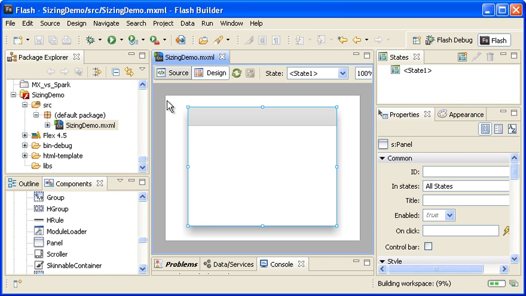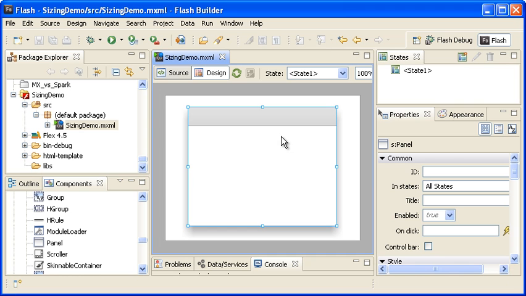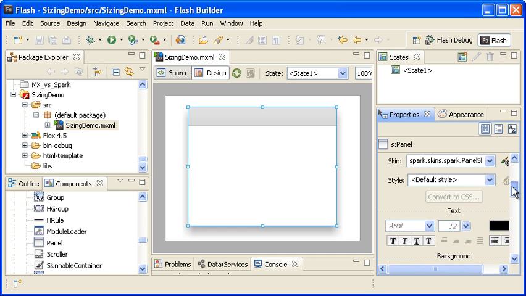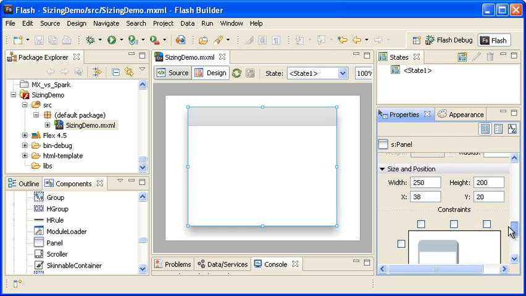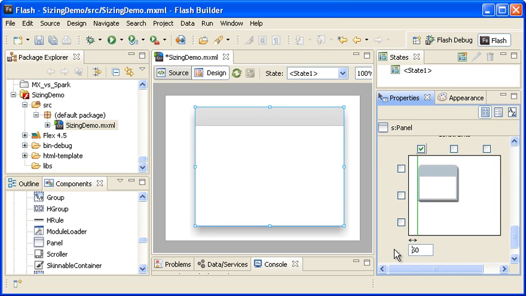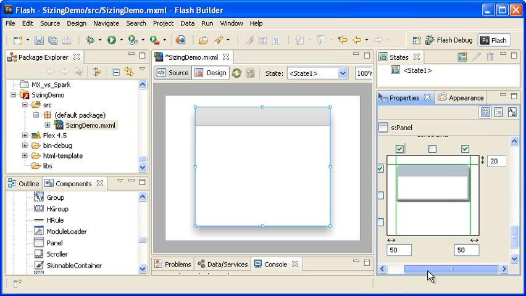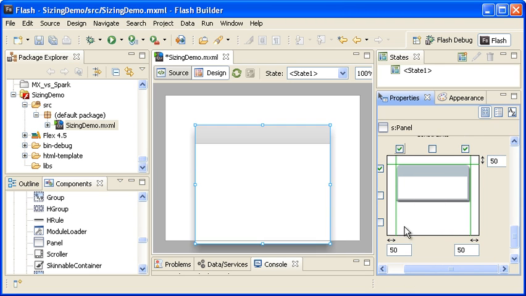When I save the file and run the application, you can see that the panel container looks the same as it did in design mode. Back in design mode, I am scrolling down in the properties view to the size and position section. These checkboxes represent the constraint properties that I outlined earlier. I'm clicking on the left constraint and setting a value of 50 pixels. I'm doing the same to the right constraint and the top and bottom